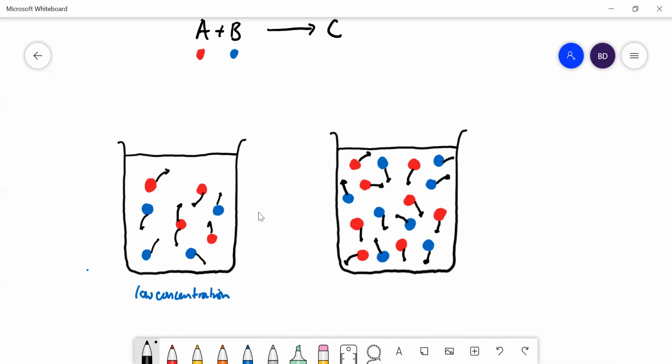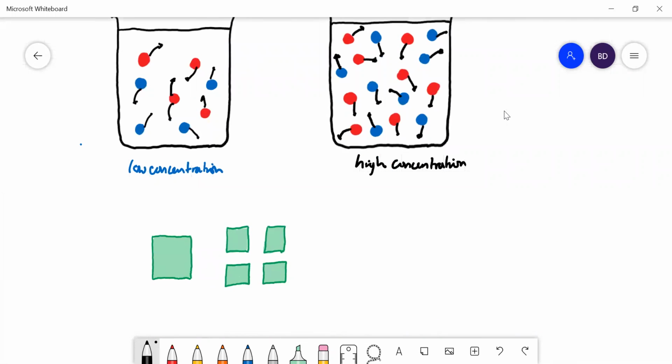And when you've got this one at higher concentration here, there's more particles in the same volume, and so they're more likely to bump into each other. So the rate of reaction is going to be faster. So that is fairly straightforward. Let's have a think about